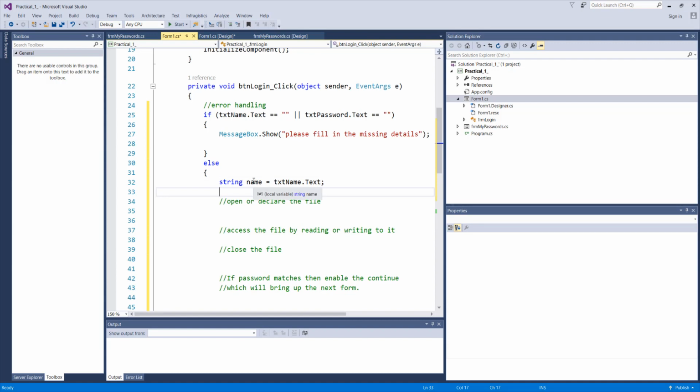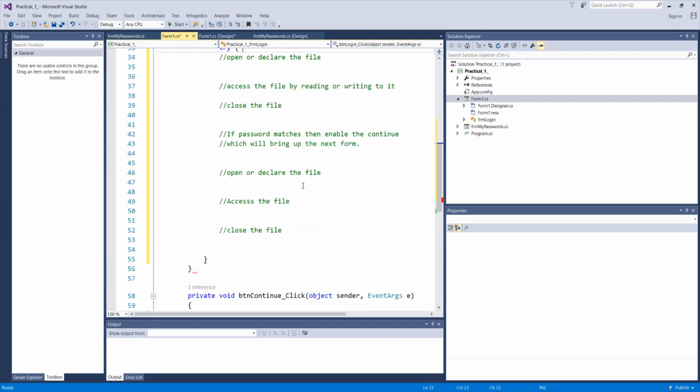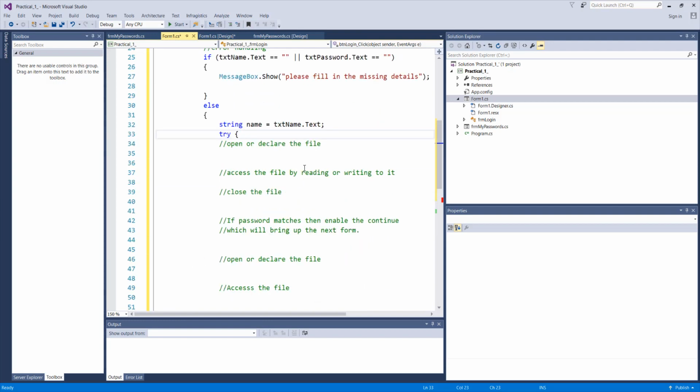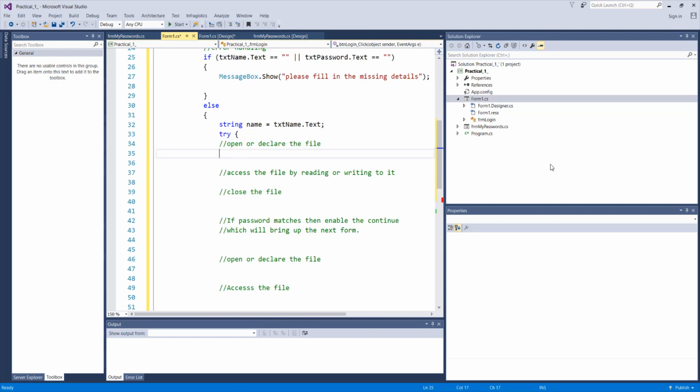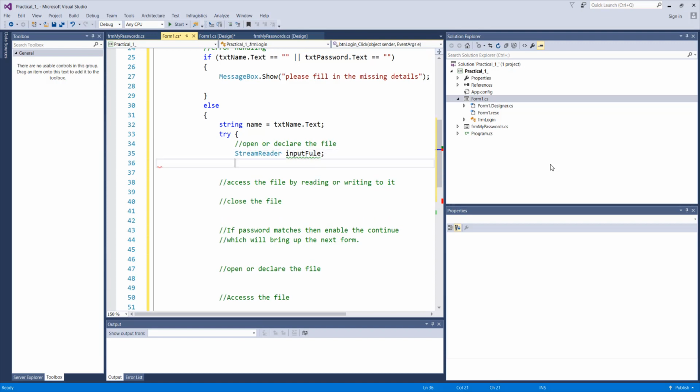Now we store that in there, and remember we're using exception handling, so we'll put try and catches in. So all the code that you think could terminate the program abnormally or throw an error, we put it inside the try within those brackets, and then we account for the error by using a catch statement, which we'll get to now. Okay, so now we open the file. Just remember it's stream reader. Call it input file. You can refer to the lecture video for the writing and reading as well. Input file